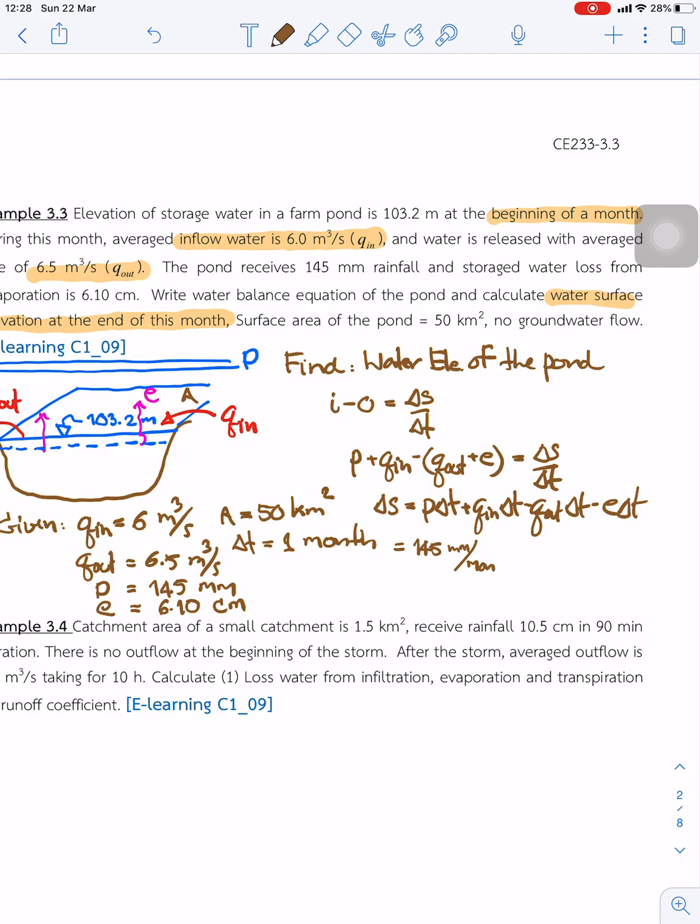When we substitute, the unit is month, so month will be cancelled, so we got 545 millimeter plus